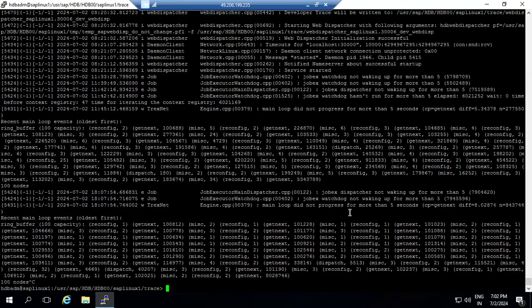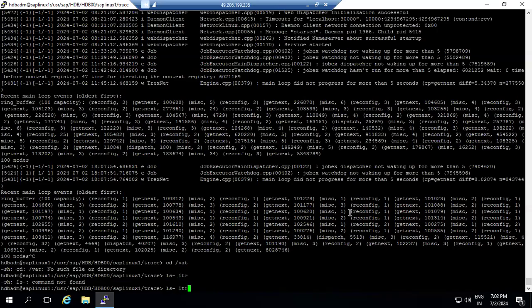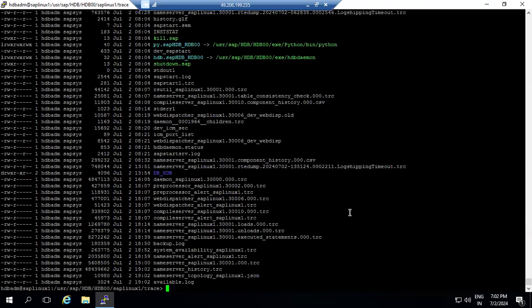Even if you are unable to find it, if it is an OS level issue, just go to the cd /var. In the var log messages, you see the